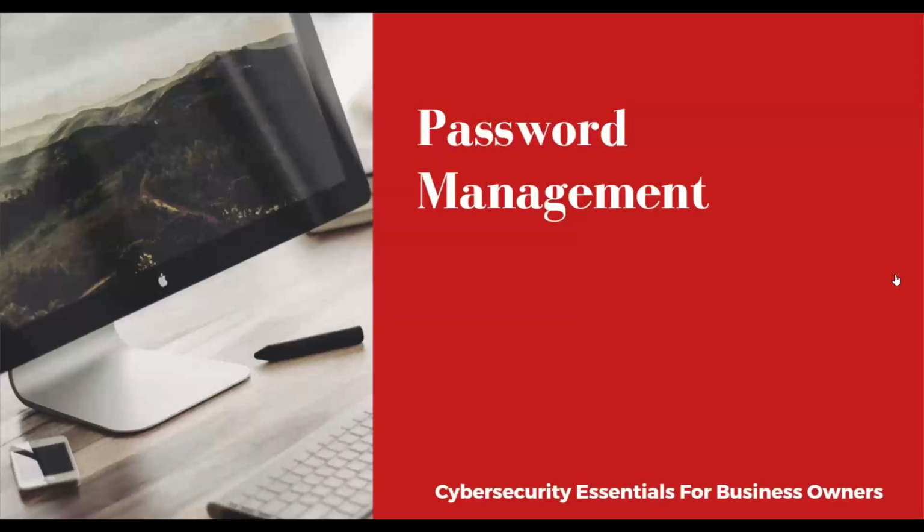So stop writing my passwords down on a piece of paper and keeping them in a drawer is what I'm hearing. I'm just kidding. I don't do that. Well, I could check this drawer here, but